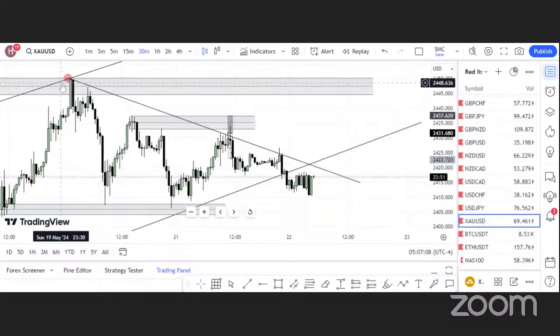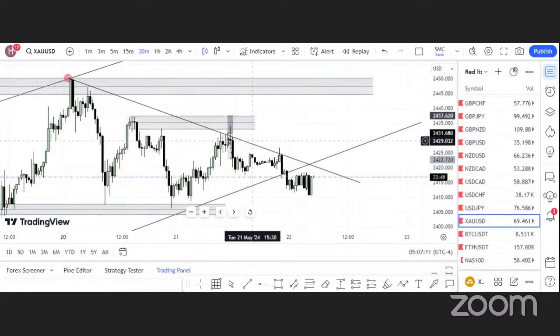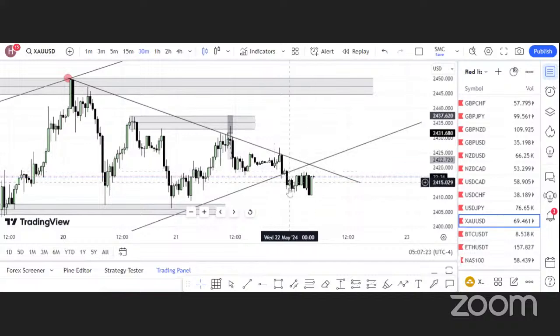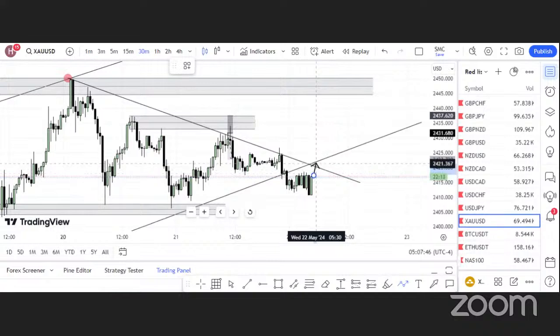So we have this trend line above, our resistance trend line. Then we have another one below, which is supposed to be our support trend line. But unfortunately, the market broke it down, broke below the support trend line, and right now it's trying to make a retest. So for me, I believe this market is going to continue to go bearish, because there's going to be a retest here, and after the retest, I think the market will continue to go down. So this is my speculation after the analysis.